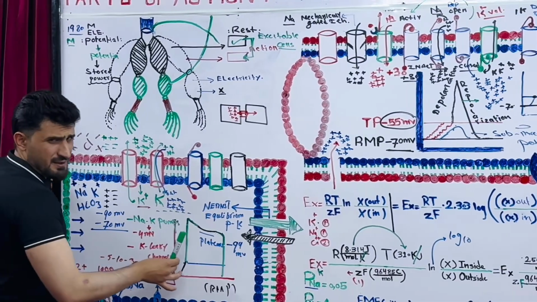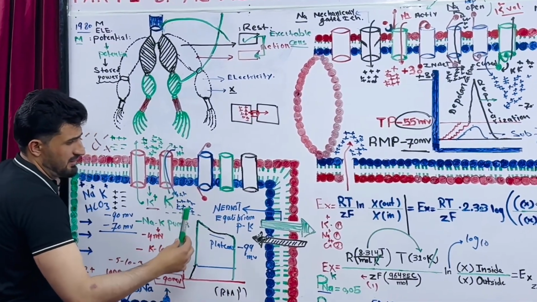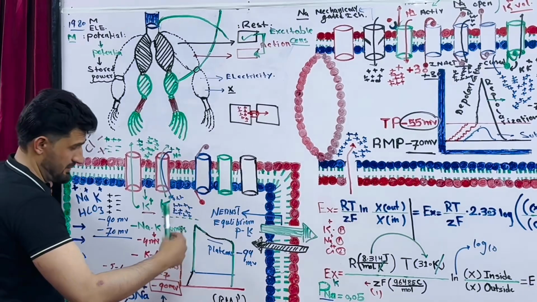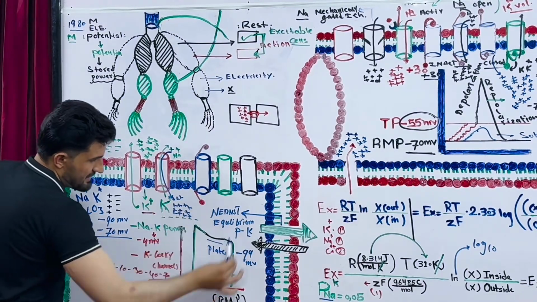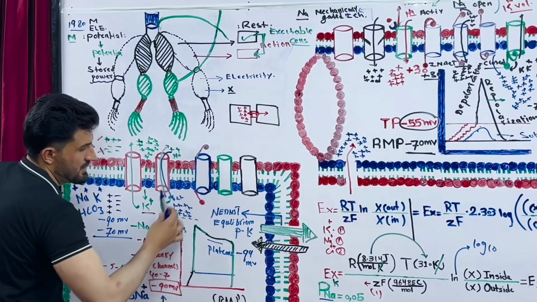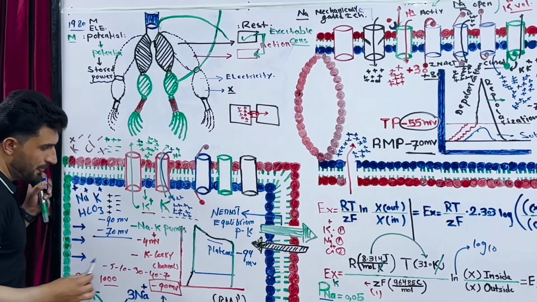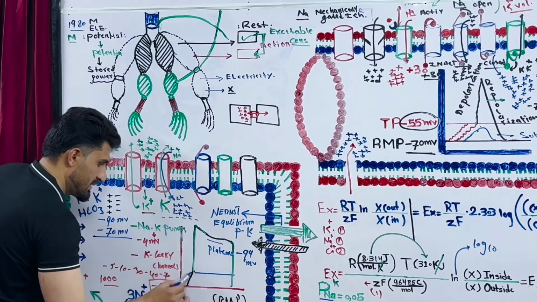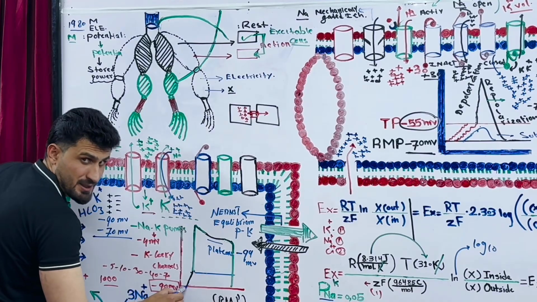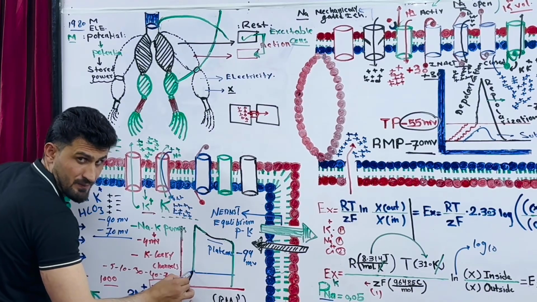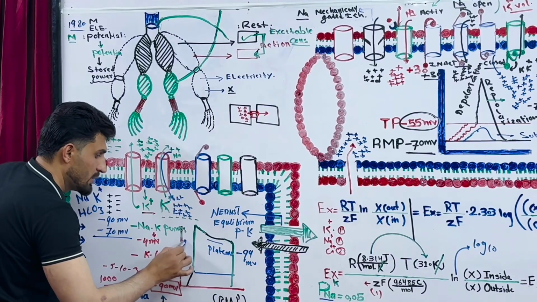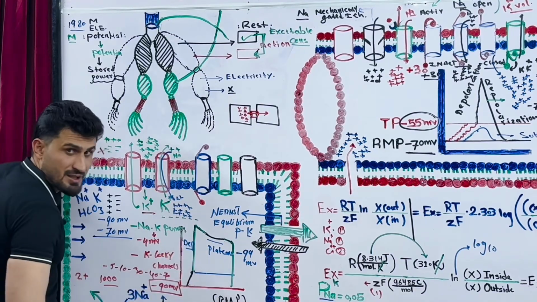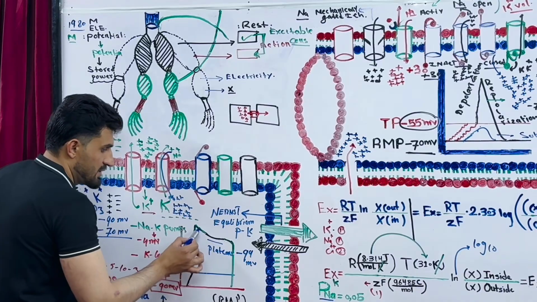For example, I'll explain it in full detail in CVS or cardiovascular lectures, but anyway, for example, this is a muscle of the heart or a cardiac cell. When you stimulate this muscle, you will go from resting membrane potential to threshold potential. From threshold potential, you will go to depolarization state. After depolarization,